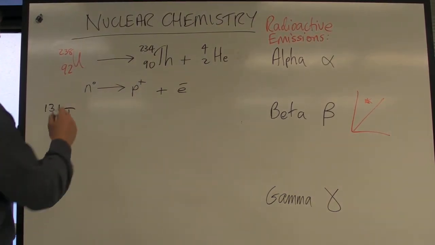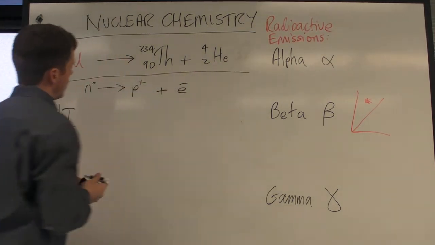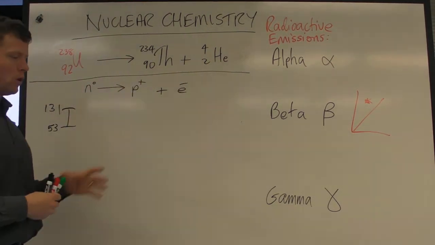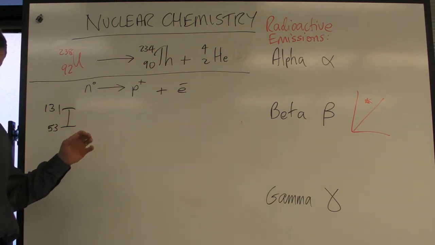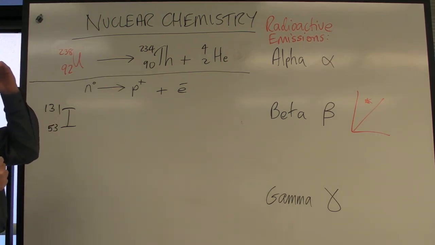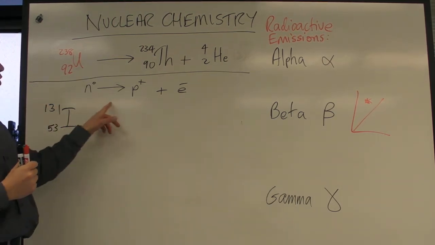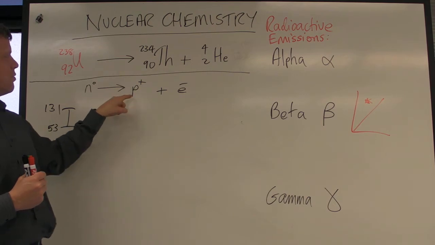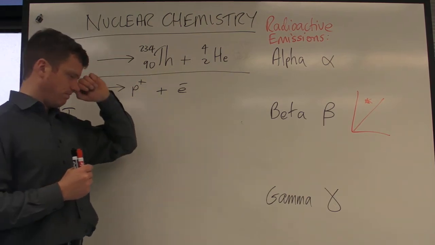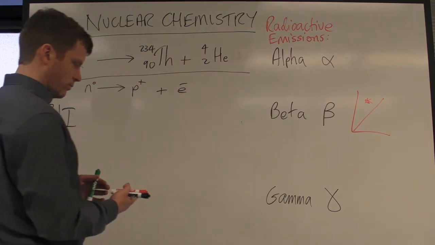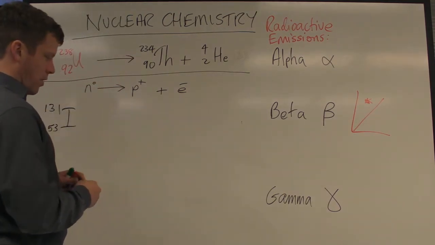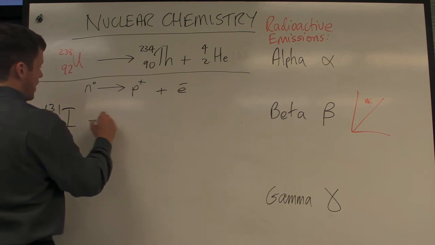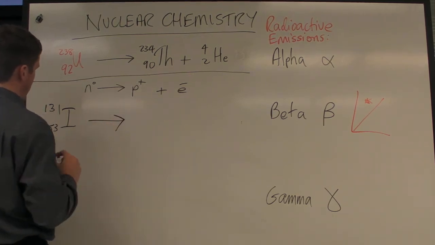So inside the nuclei of iodine, and not all iodine is radioactive, it's just a radioactive isotope. So we have this. So the neutron, or one neutron, splits into, or produces a proton and an electron. And so what that looks like for an atom of iodine is that we get